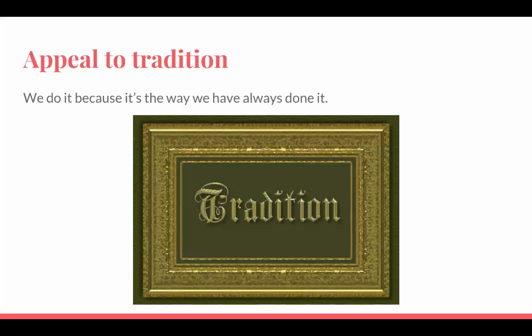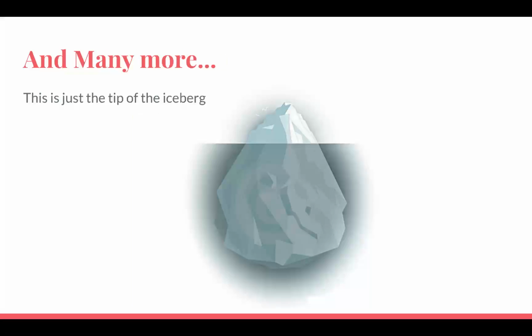But again, just like the appeal to novelty, the appeal to tradition, it's fine to have tradition. It very often is justified, but we need more information than just that. And there are many, many more. So this is just the tip of the iceberg. To get you thinking about logical fallacies, I recommend everyone watch this a couple times. And then I'm going to have the slides available for download as well, so you can go through it if you're more of a reader. There's a lot of really good resources out on the internet and in books and in libraries and whatnot that you can get on logical fallacies and how to use data correctly and how not to use data.